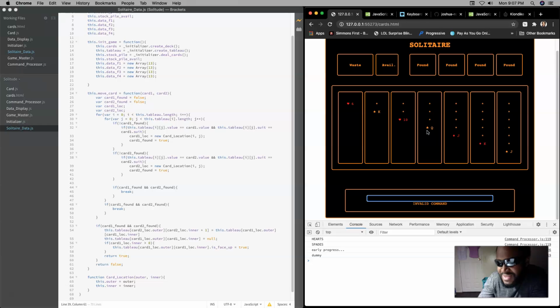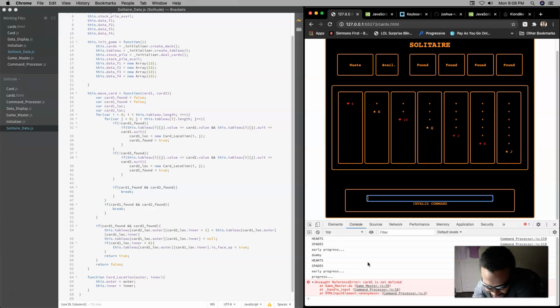Okay, the queen is descending. Okay, so I gotta actually remember how to play as if I ever knew. Okay. Descending. So the 10 of hearts could go on the jack. So move 10 hearts to jack spades. Okay, sweet. I got in to